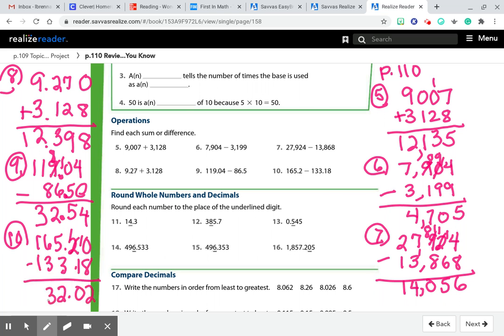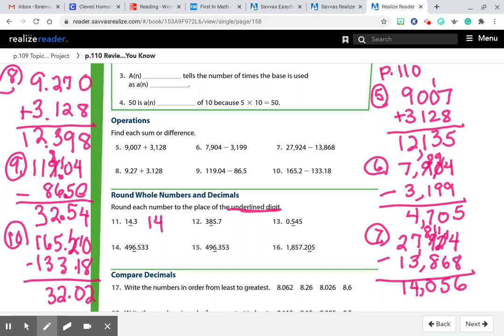32 and 2 hundredths. And down to our rounding here for number 11, round each number to the place value of the underlined digit. So our numbers are going to stop in the ones. What does 3 do to the 4? Nothing. Remember our rounding rules. 5 or more, you're going to increase the value. 4 or less, you're going to drop everything after, turn it into a 0 or drop it if it's after